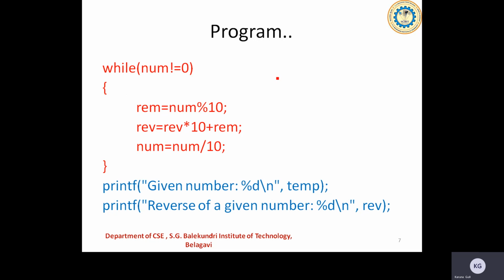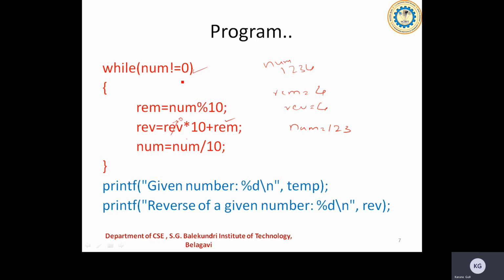Very simple program that I'll take here. Okay, let me take a very simple thing. 1, 2, 3, 4. Okay, I'll write this as number. Right, so number is not equal to 0. I'll calculate the remainder here. So remainder is equal to, I'll be getting this as 4 now. Right, okay, reverse is equal to, I'll get the new value for this as 4 here because initially this reverse is 0. Now new value for reverse is 4 here. Next num, so I'll get the new value for num as num divided by 10. This is 1, 2, 3, 4, and I'll get this as 1, 2, 3 here.